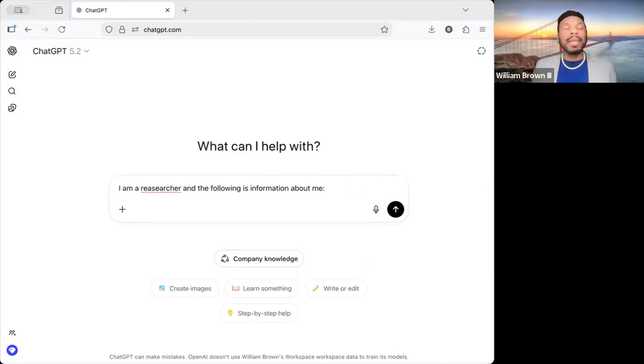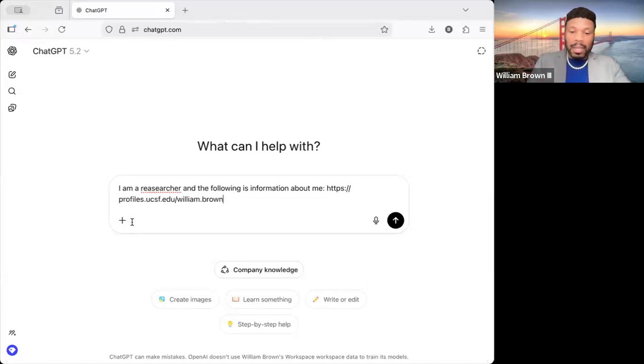So automatically, it assumes anything that comes after a colon is going to be something that it needs to look at and reference. So often you don't need to put things that come after a colon in quotation unless you want to separate different pieces of an entire corpus for different tasks. So, all right. I'm going to go to my UCSF profile. I'm going to copy that. I'm going to bring that back to ChatGPT. I'm going to paste, and I'm going to say,